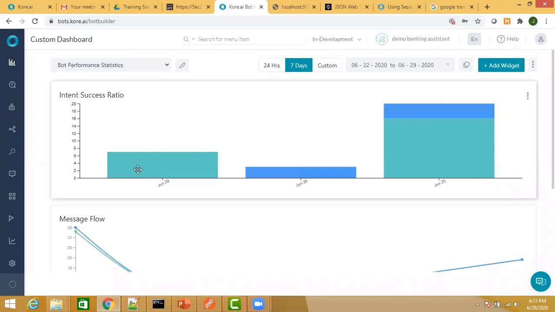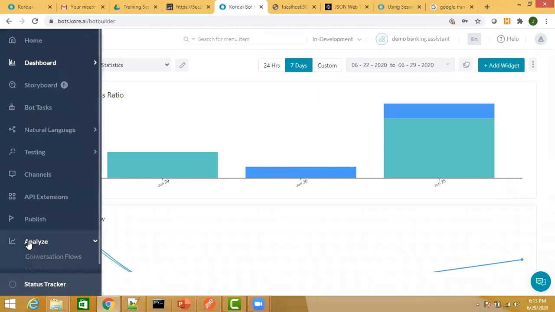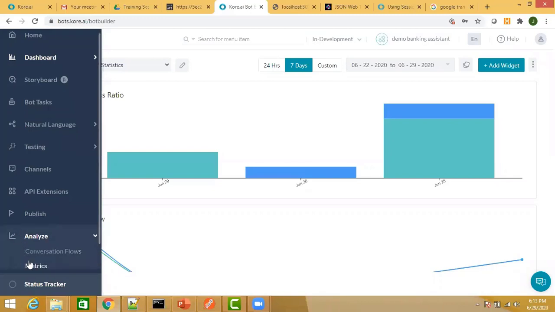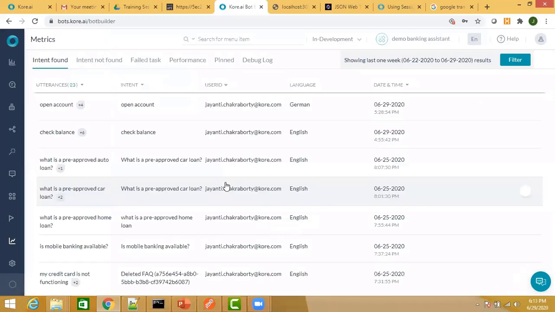Once again, remember, this will not show you any details other than the count. What is the exact utterance that matched, or what is the failure? If you are getting to see failures over here, what utterance failed? You cannot see that from the custom dashboard. If you want to see that kind of detail, you have to come back to metrics and go into the details.